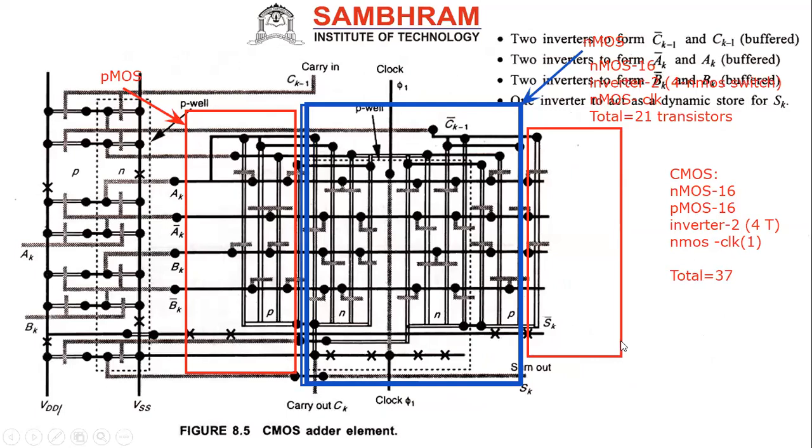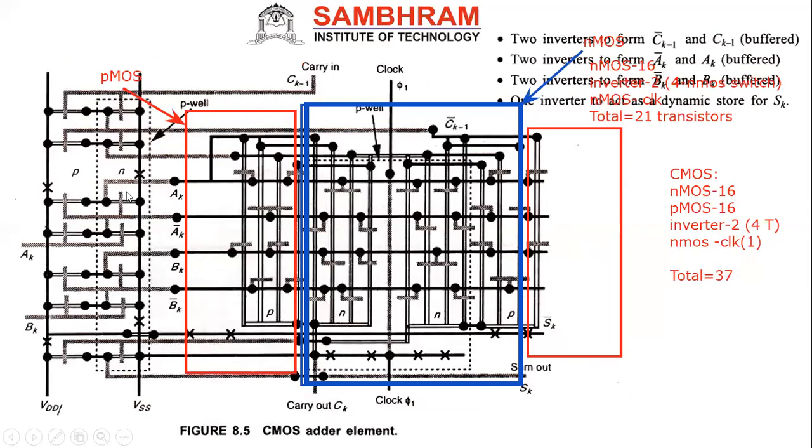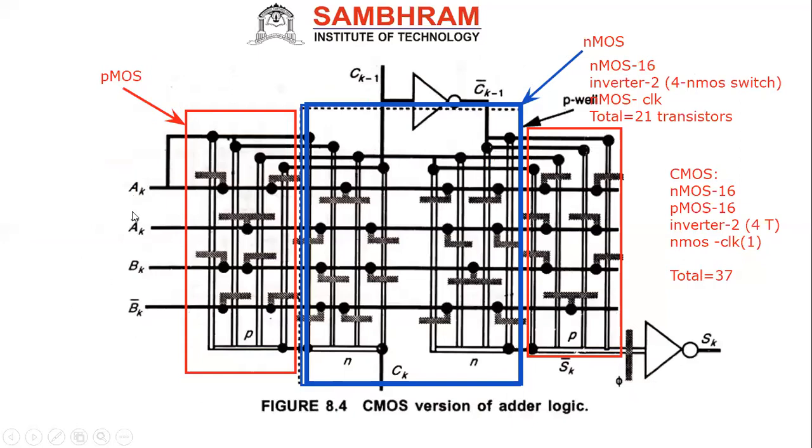See this. Now this is the complete CMOS adder element here. You see this. Now how is it done? Completely we separated the inverters, because earlier in this diagram we showed like this, correct? The earlier we showed the inverters. See, when you are drawing this inverter, you make it complex, right? Now we need to arrange it.